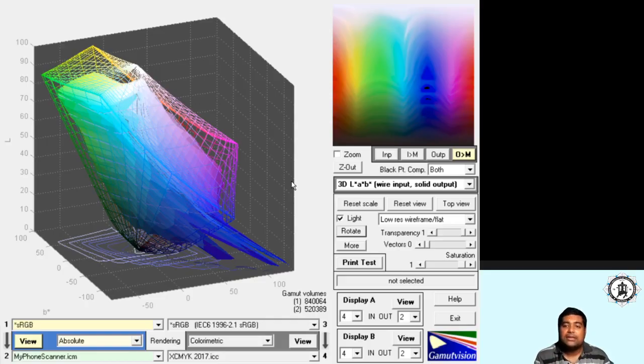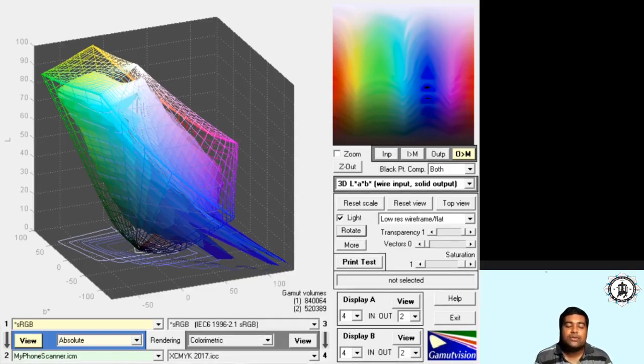How will this conversion be done? With the help of the profile that we have created, because there are A to B LUTs present in my profile. So using this type of CLUT in the profile, this conversion will be done, and after this is done and the XYZs are all noted down